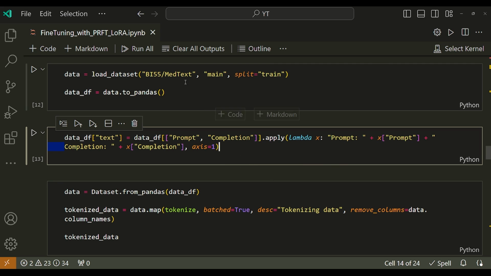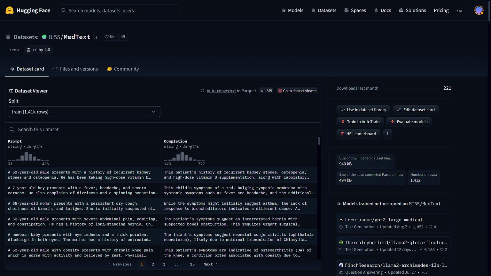So if you go to made text, let me just go there and show you. Alright, this is the dataset that I'm using in Hugging Face, made text, and we can see that there are just two columns. One is prompt and one is completion. Basically the prompt column is just a question or prompt, and completion is the entire answer. That's the whole dataset, and there are 1.4 thousand rows, and it's a pretty small dataset, so you can complete the